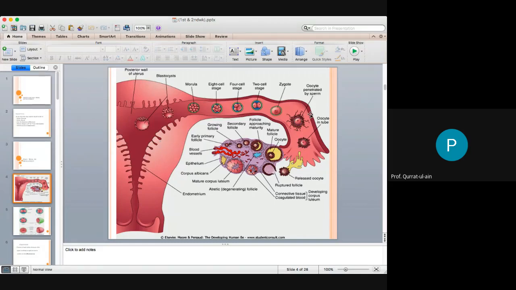Now this duration is 3 days. This is the fourth day. It floats for another 2 days, then gets attached to the wall on the sixth and seventh day, and by the eighth day it starts embedding. That is now in the second week, it gets embedded into the wall. Right? So the first week of development is actually this traveling through the uterine tube, and then